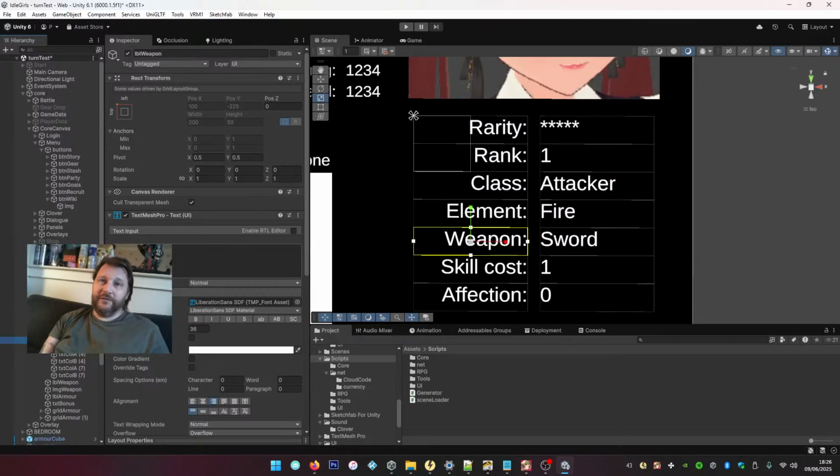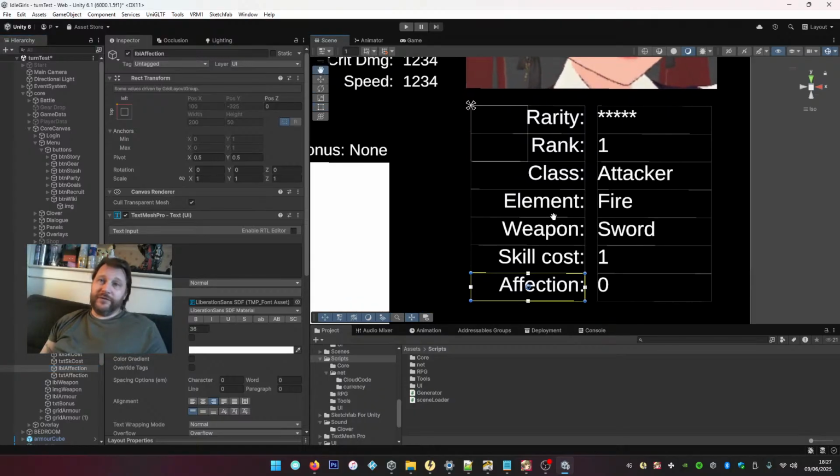LBL weapon, TXT weapon, LBL. I'll put SK cost, TXT SK cost. LBL affection, TXT affection. Okay, that's those. What I might do is on rarity,